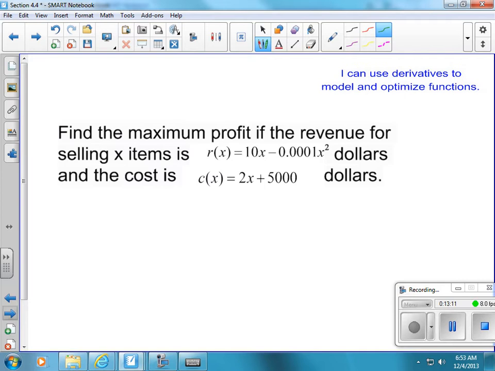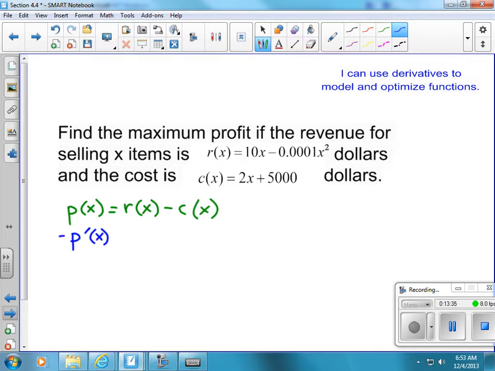If we want to maximize the profit for the revenue, we're going to take the profit equals the revenue minus the cost. This makes sense for anyone who's even thought about economics. I never liked economics. But anyway, so the profit